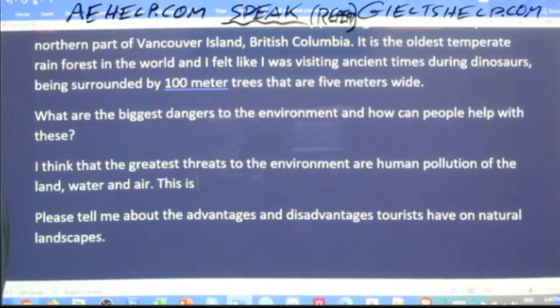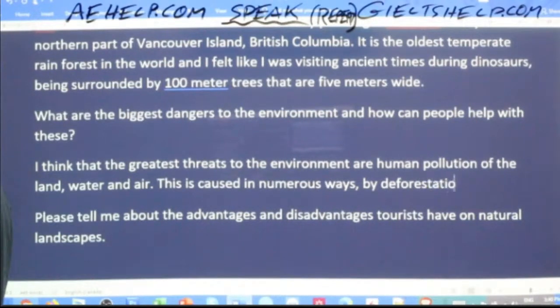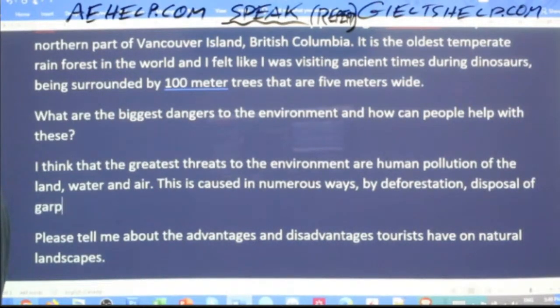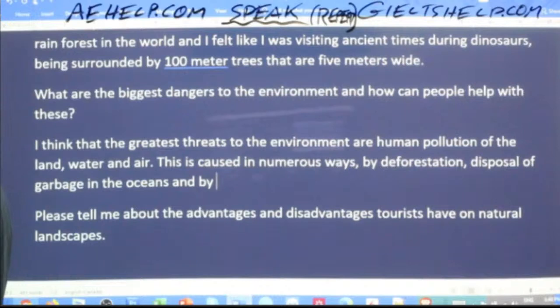This is caused in numerous ways by deforestation, disposal of garbage in the oceans, and by driving gas-powered cars.